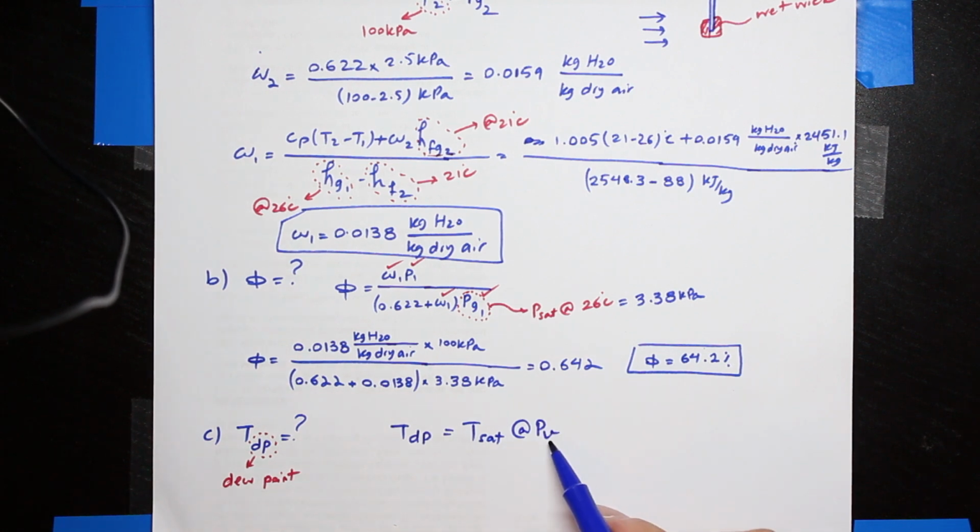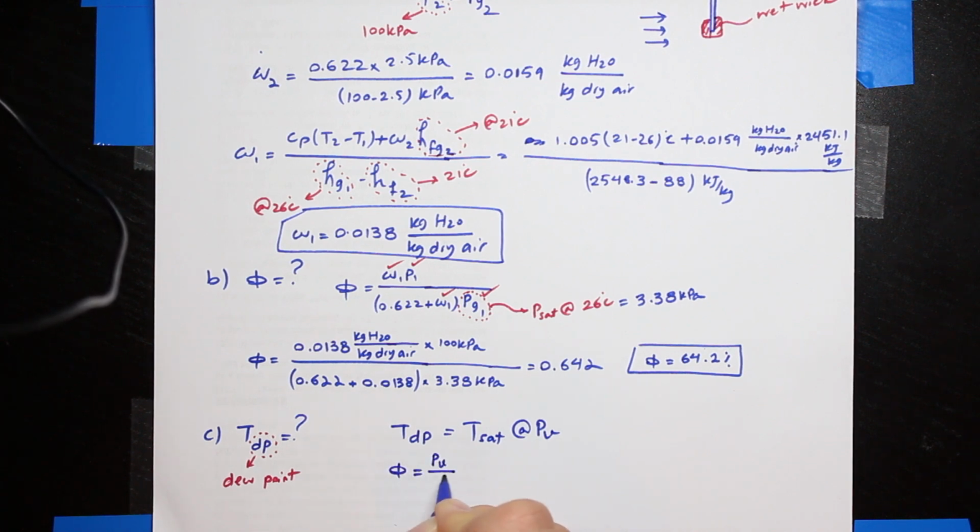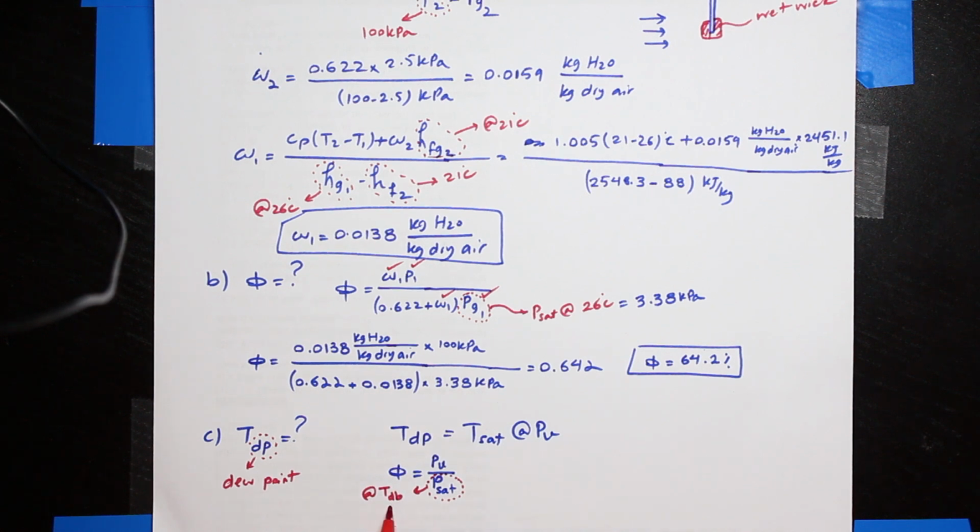So I want to find the vapor pressure in this room. The vapor pressure can be obtained based on relative humidity. So relative humidity is vapor pressure over the saturation pressure. Okay, so this saturation pressure is evaluated at the dry bulb temperature. So P sat, the saturation pressure, is evaluated at dry bulb temperature, which is 26 degrees